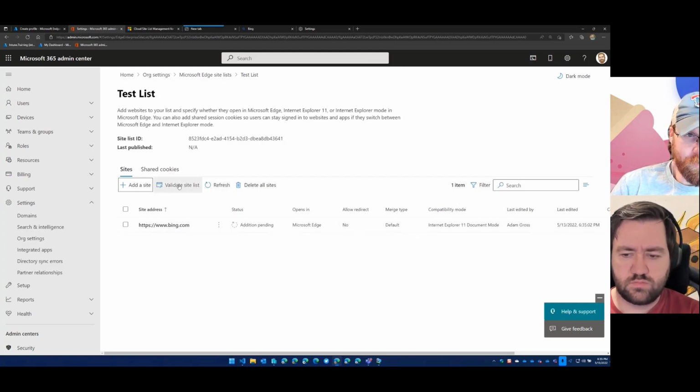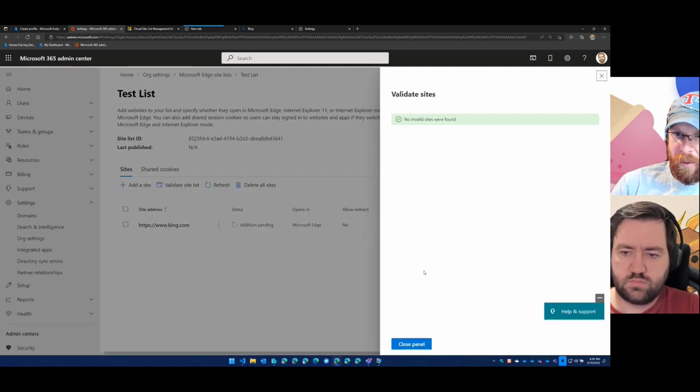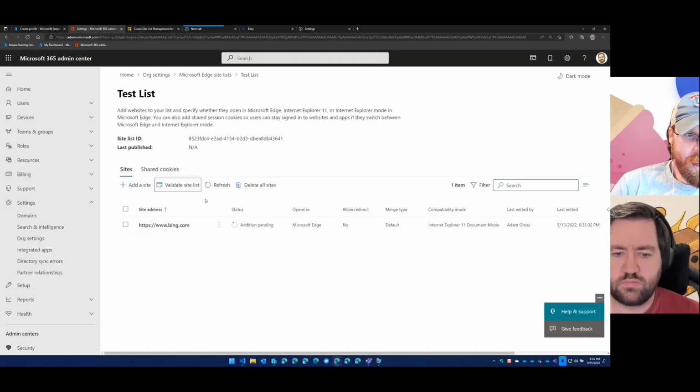So just something to consider there. If we want to validate the site list, no invalid sites were found, great. And then from here,